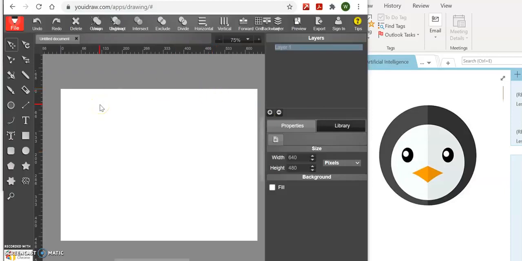So the first thing you need to do to be able to access it is open up a web browser. Google Chrome works the best. And you're going to type in youidraw.com/apps/drawing. Once you type that in, you can press enter and it should take you to a page that looks